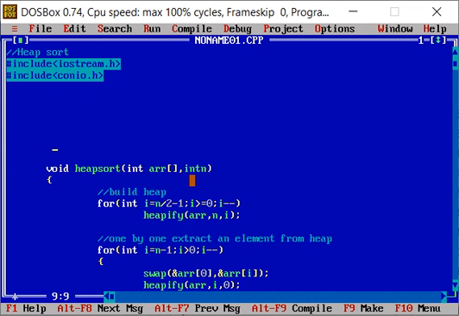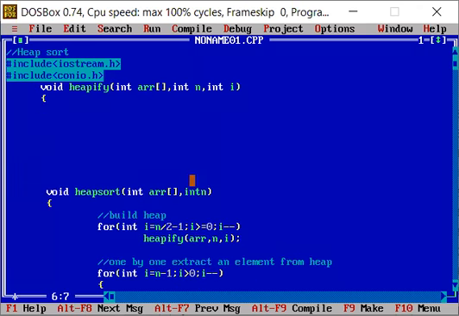So let's write it: void heapify. I'll pass int array and declare it here, then I'll take the size n that is given at the bottom, and then I'll do it for which node, the ith node.